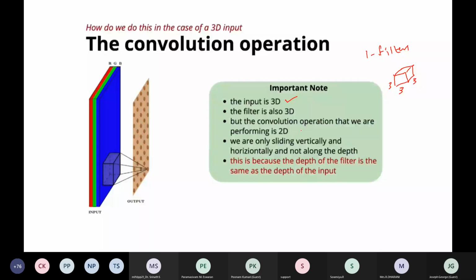So the depth of the filter will be equivalent to the depth of the input image or input convolution map. But finally, you are only producing a 2-dimensional output. So normally this is done by sliding vertically and horizontally along the depth.